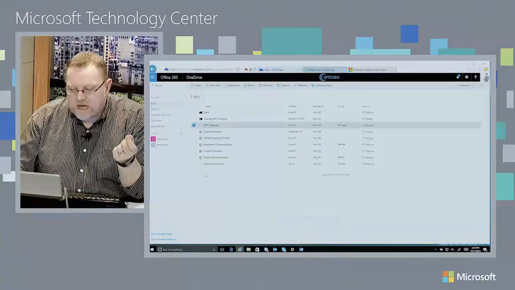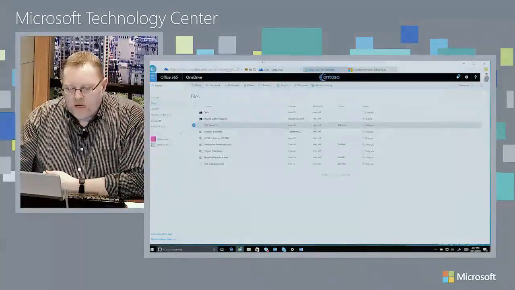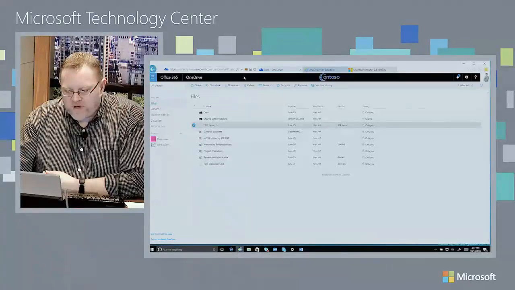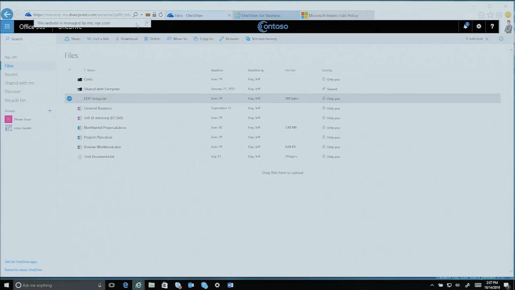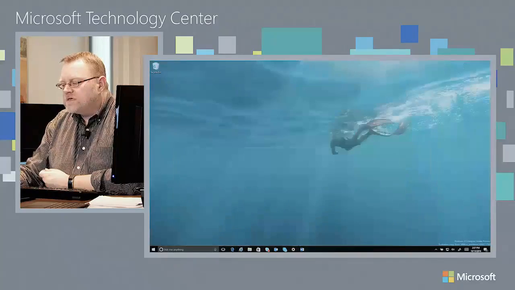Now, the last thing that you'll actually see here, of course, is that I'm using OneDrive in Office 365. So inside of my Office 365 subscription, you can see at the top here, I actually have the marker, which is overlaid over here to say that the website is being managed as part of my Windows Information Protection policy. So it's about making it as simple as possible for users to be able to do their work. It's just transparent. It's really simple, very, very quick and easy to set up.